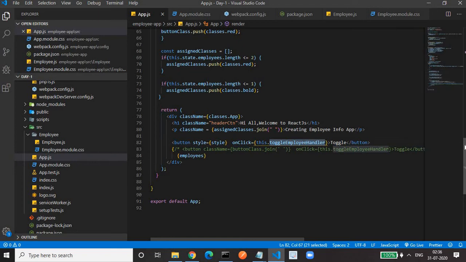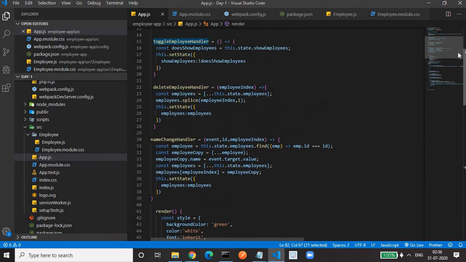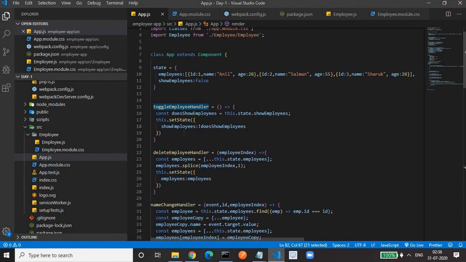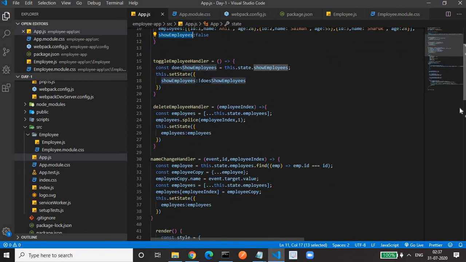In the handler we change the state. We have a show employees property in the state, initially false. When the toggle button is clicked, the handler negates the show employees property. If it is false, it will now be true.